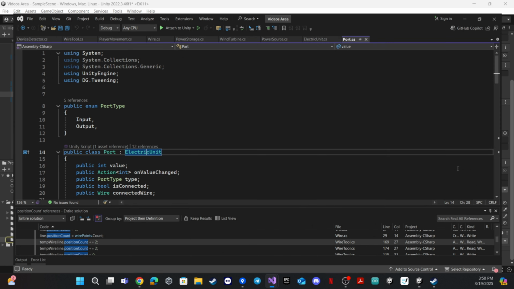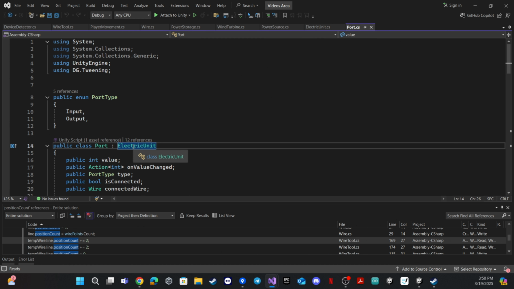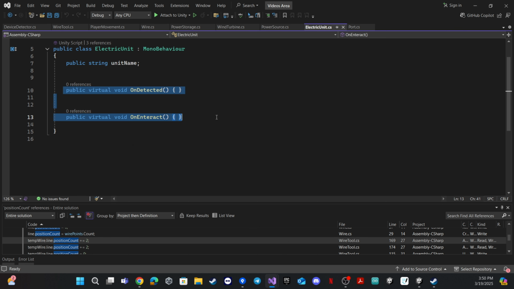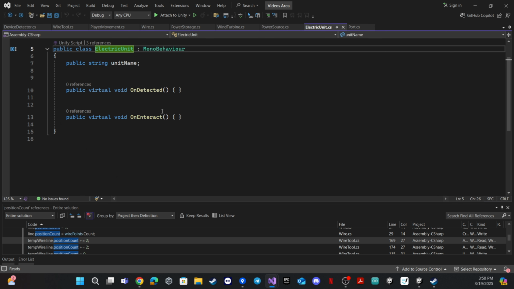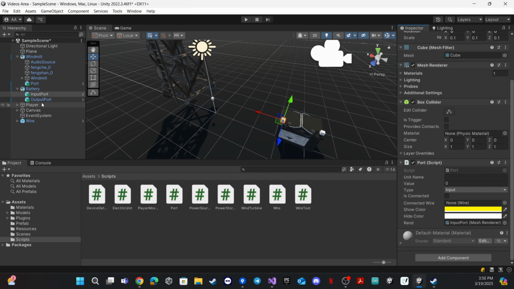And if you remember, inside the electric unit script, we have created some virtual functions. So when we override this function inside a port or inside a power storage, we will call the same function, but we will have a different behavior. You'll understand what I mean when we finish coding this device detector. So let's go to the device detector script, go to player,